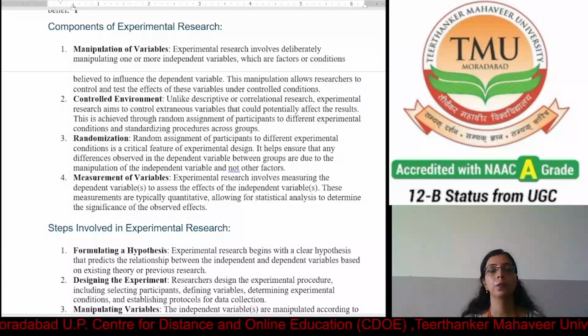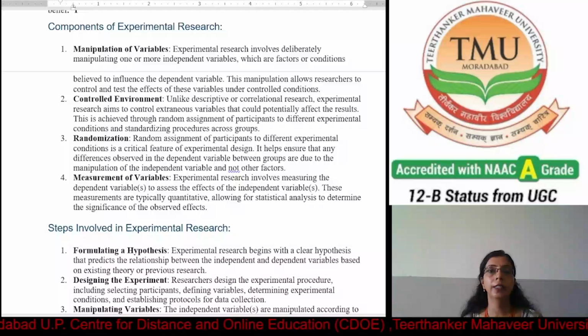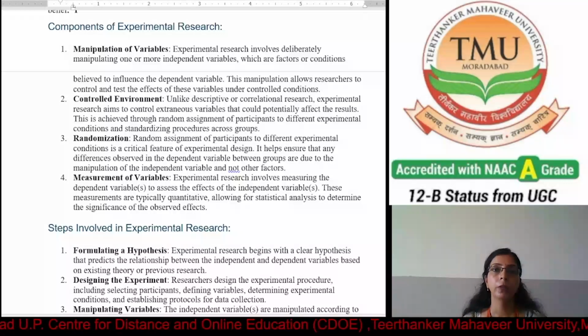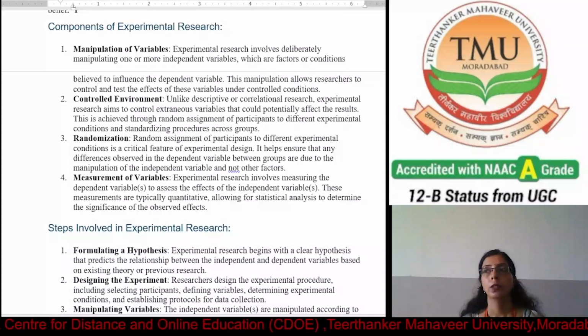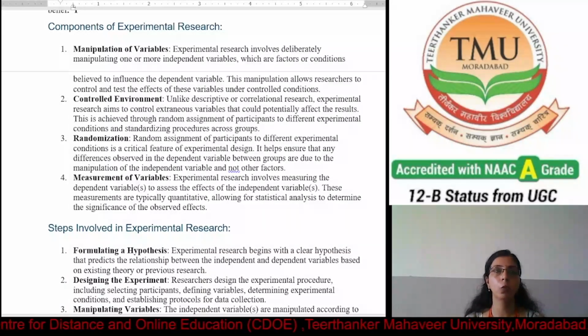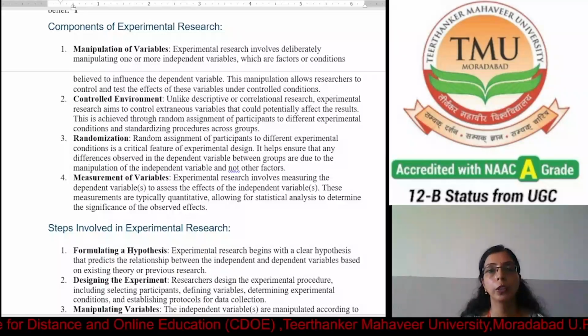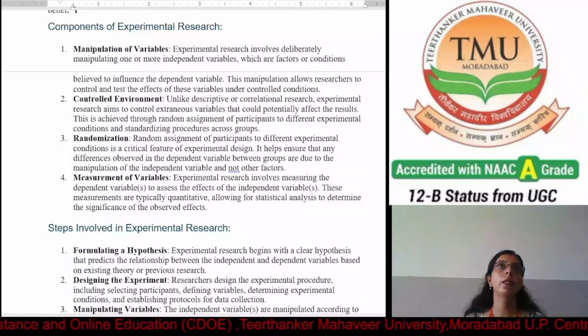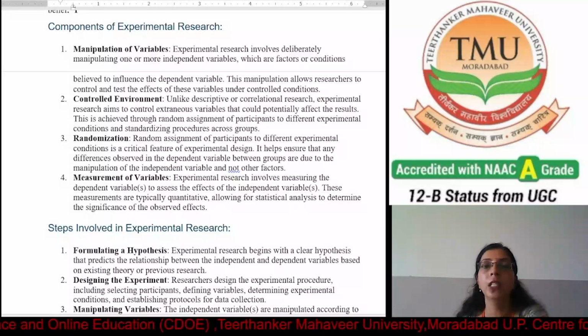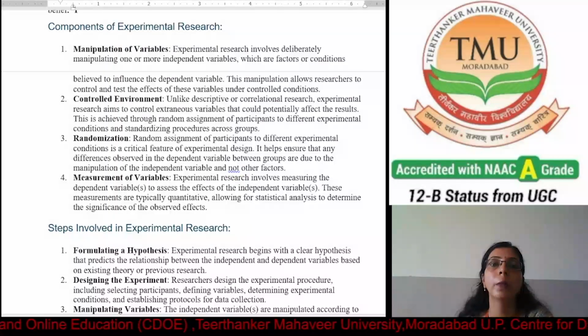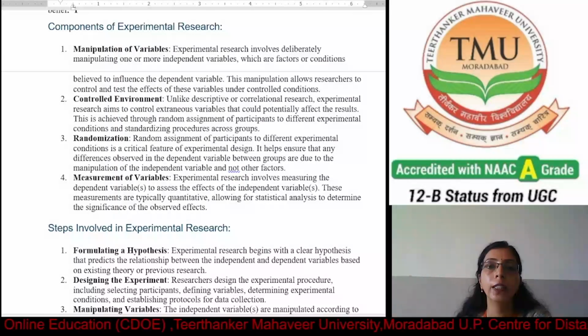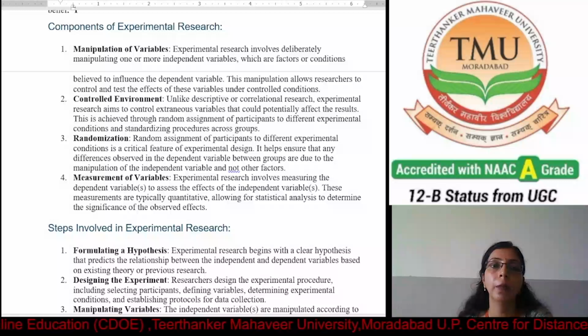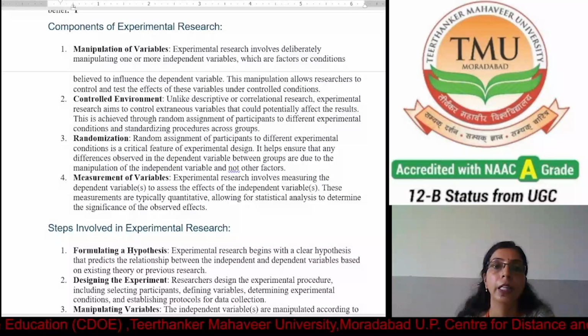Statistical regression. In this example, we observe that only those students were selected who did at average level or poorly in school tests. So this group is chosen on the basis of their low scores, that is, poor performance in the science subject. The mean score of this group will tend to move towards the mean of the parent population on the second test whether or not an experimental treatment is applied. It may cause a statistical regression effect.